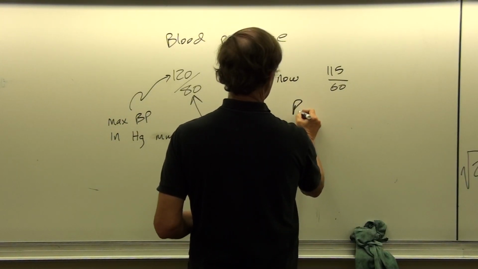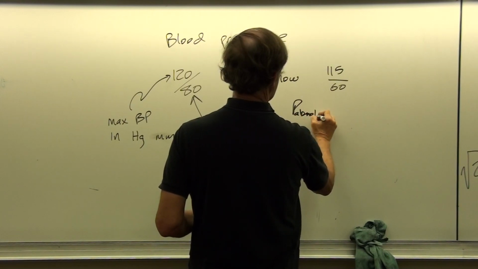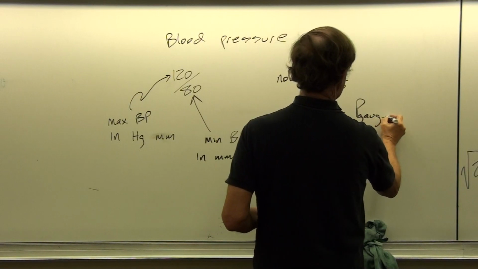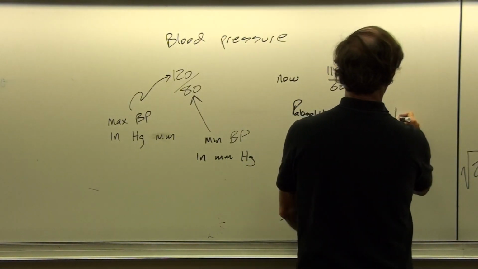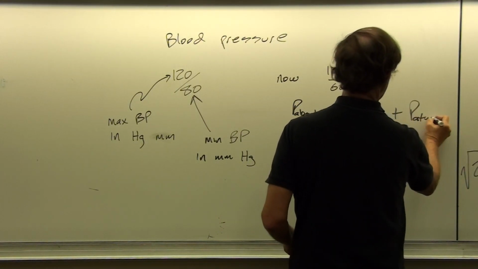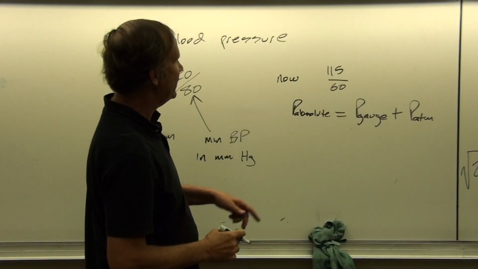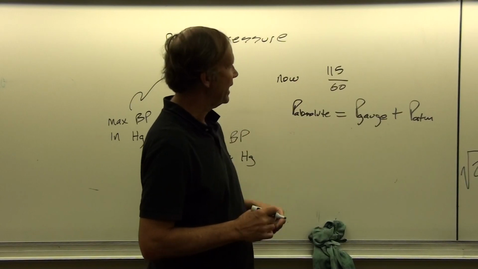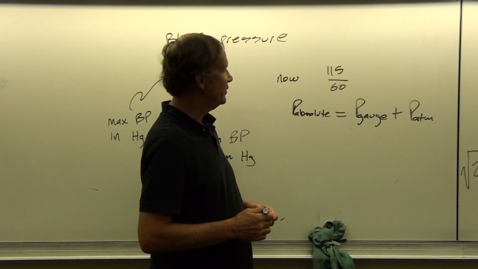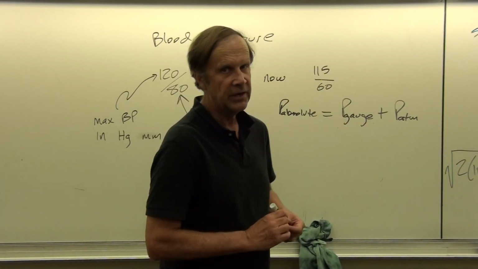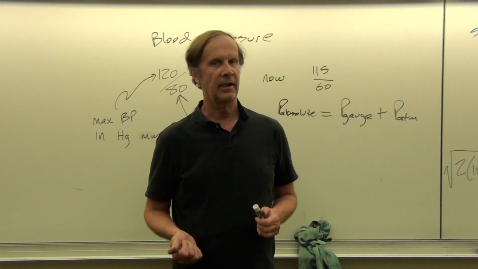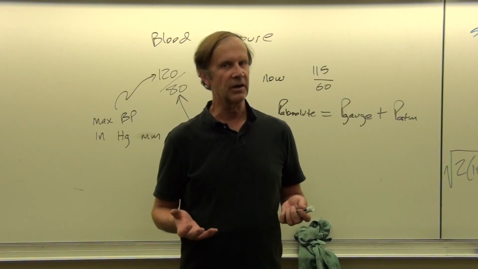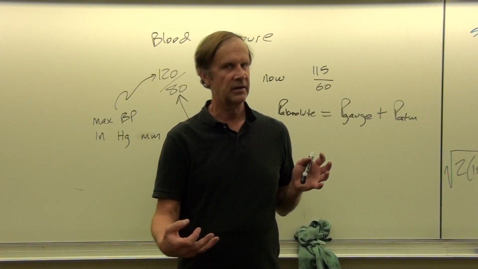We have absolute pressure equals P gauge plus P atmosphere. Okay, and so why do we set it up this way so that P gauge isn't the same as P absolute? And the answer is, let's say that you're trying to measure the pressure in your tire and measure 0 because your tire is flat. Well, you know it's not really 0. There's still atmospheric pressure in there.